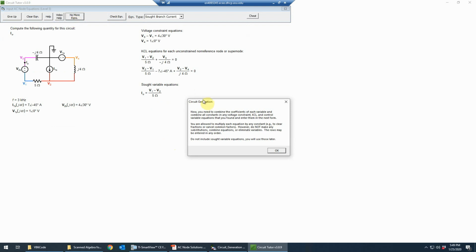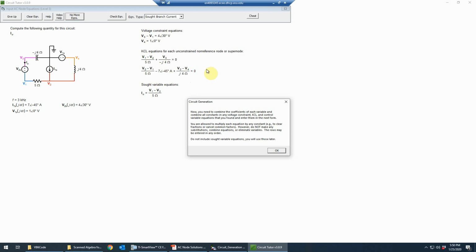And now the next step in a solution game is to basically prepare to solve these equations for the desired sought variable. And intermediate to that, of course, we are going to have to find the node voltages V1 and V2. So to do that, we need to put the coefficients of all but the sought variable equations, namely the voltage constraint and KCL equations in this case, because there is no dependent source, into standardized form, which means we have a single term involving each variable on the left,